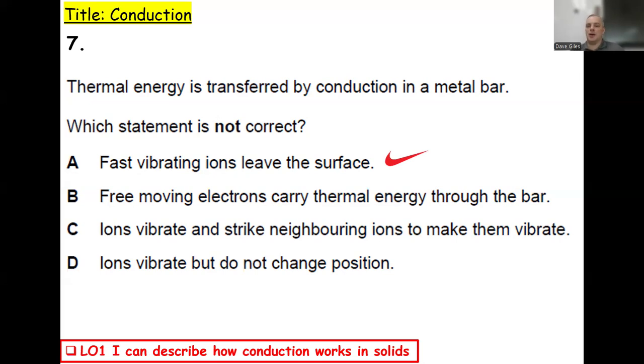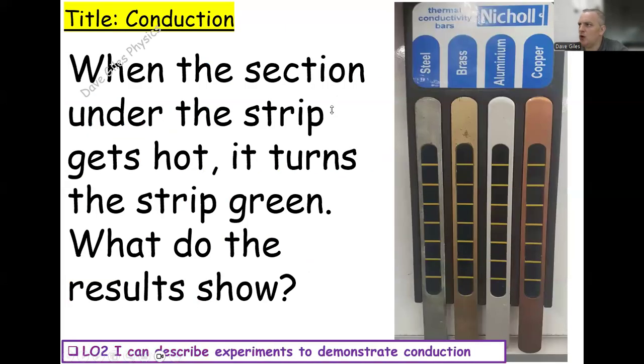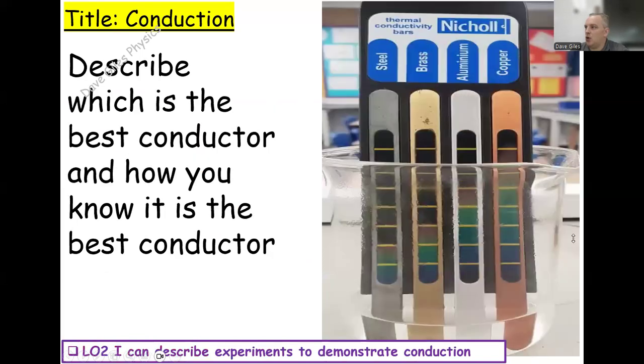So we're going to have a look at some experiments to demonstrate thermal conduction. Now, one of them is here. This is a thermal conductivity bar, and you place this in water. And when the metal gets hot, this strip changes color. So this was put in boiling water for say 10 seconds, and this is a picture taken after a